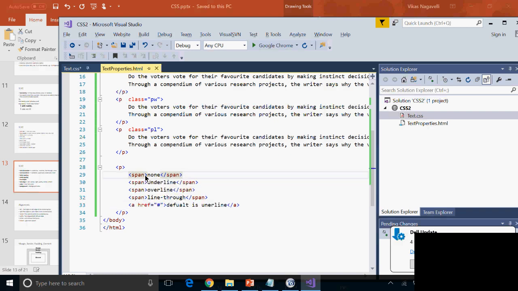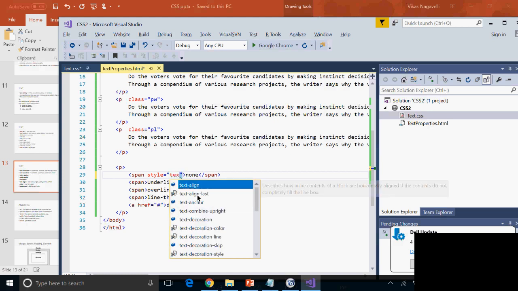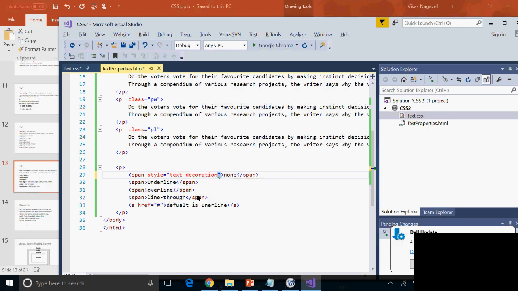Okay. So yes, and now I am specifying the styles. So this is inline styling. So I'm specifying the style text decoration none. Okay. And I just took the style and I'm just coming here, space. So that's it. And here